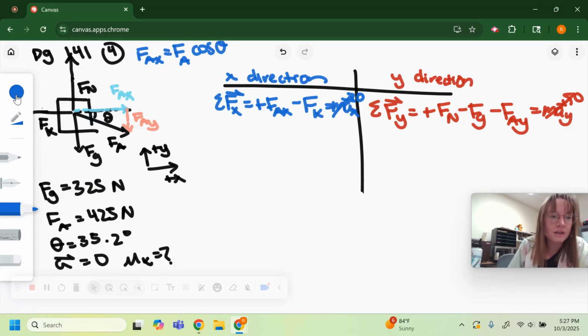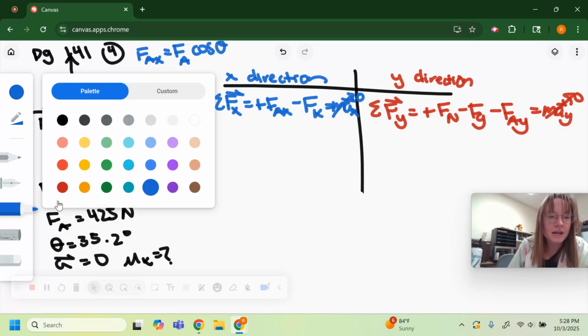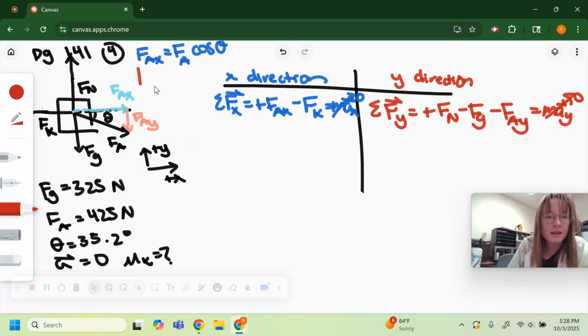And then you could look off to the side and you could find Fay, and you would say, yes, I think that Fay would be Fa sine of theta. So you could do that and you could plug that in. You could also plug in for Fk, mu k Fn, but here's a question for you,